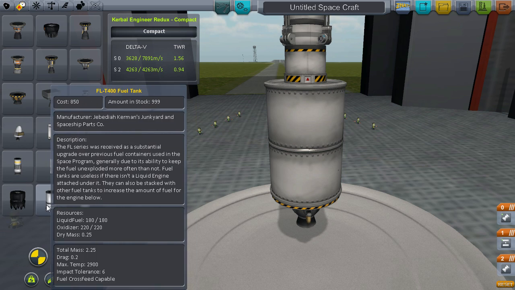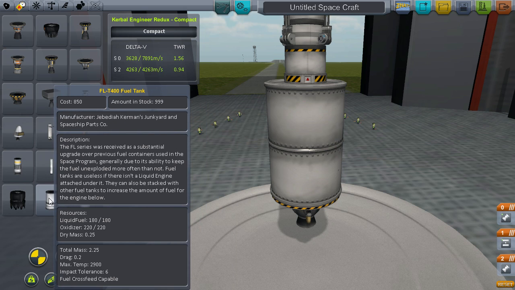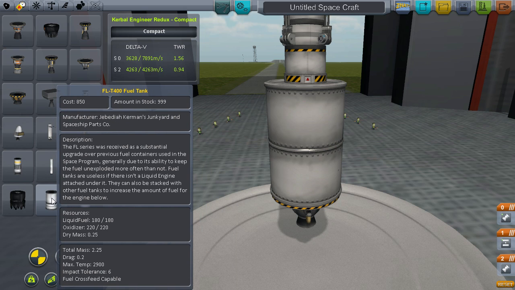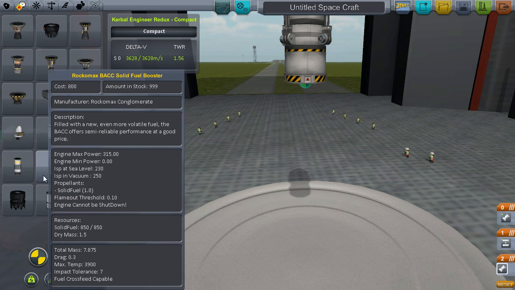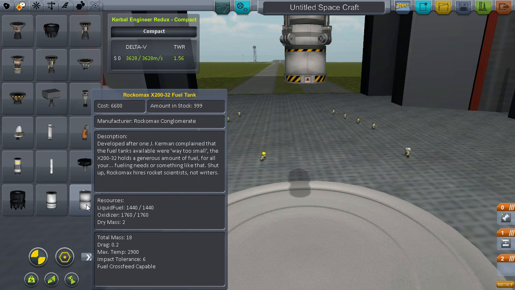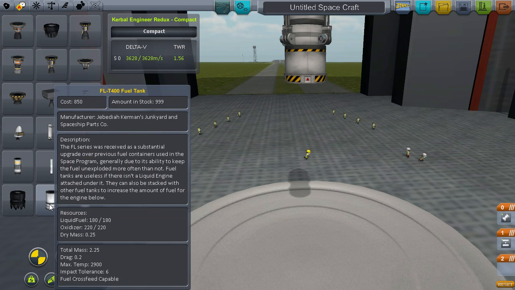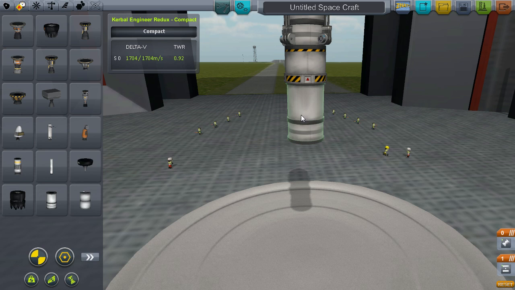Let's see what the mass on this is. Mass is 18. Now if I do it a different way, I think I can lower the mass quite a bit, because the more mass you have, the less delta V you have. So in a weird way, the more fuel you have, the less delta V you potentially have. If we lower the mass and have less fuel, we might actually get more delta V, or at least lower our mass, which means less fuel in the lower stages. Keep our rocket as small as possible. I'm going to try putting one of these on,